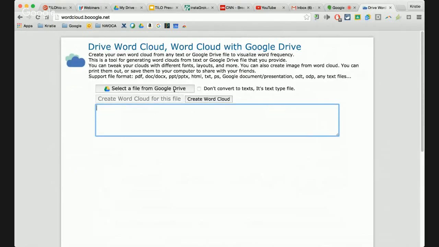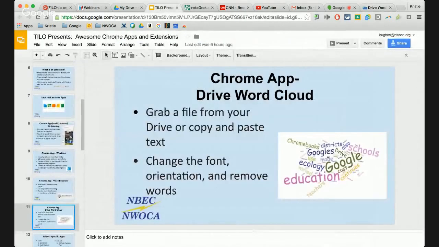Now I like this because if students are doing reports in Google Docs, or they're looking up information, again with Wordle you're able to see, and I'll hop back over to my screenshot here, all these words that are bigger are words that are used more often. So this is a really good tool to find the main idea pretty quickly as far as just keywords go, or if there's a word maybe that's used a lot, students can go ahead and see that right away, or just things of that sort.